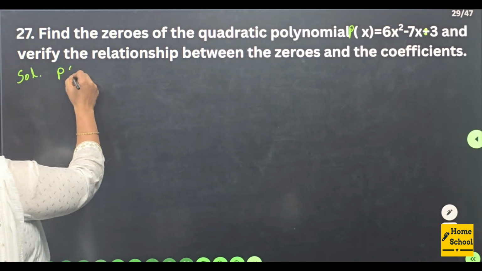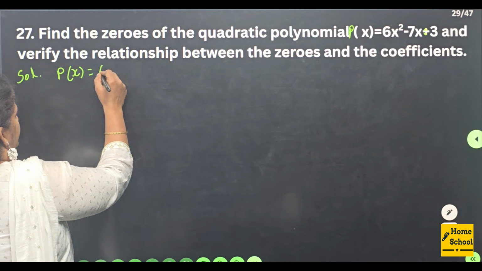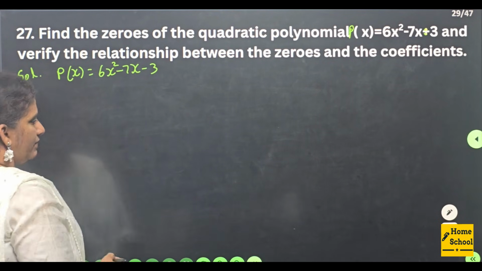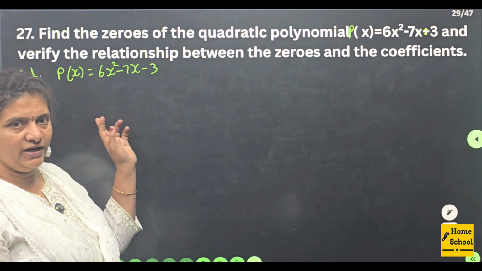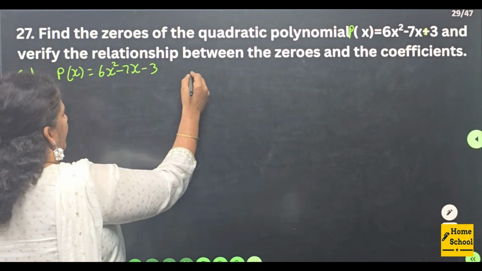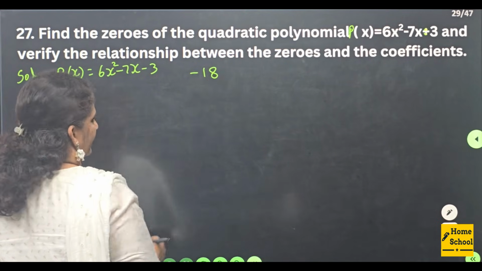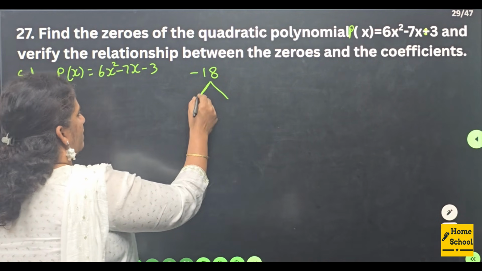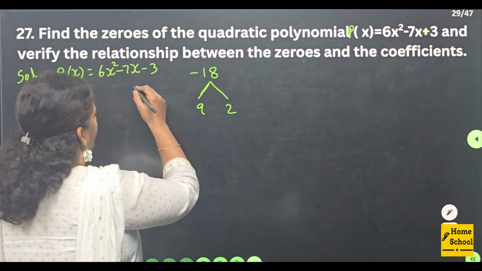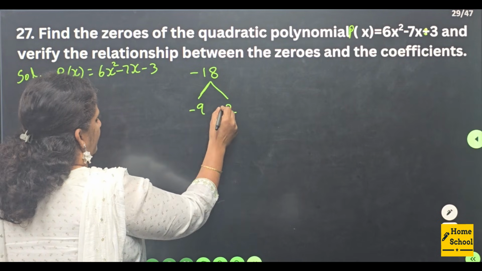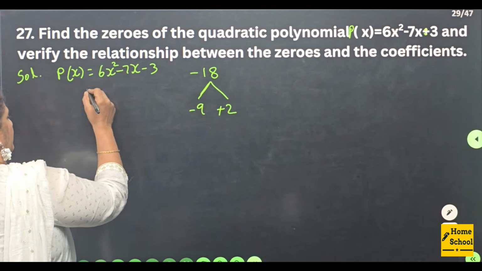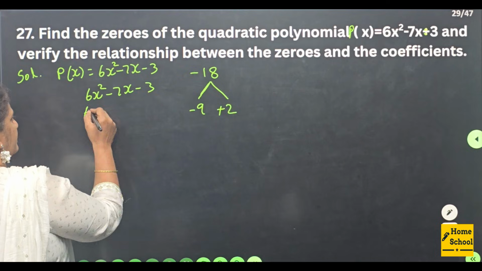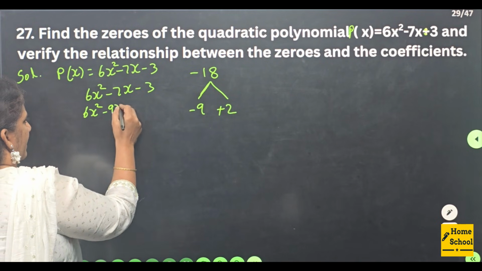Solution. Consider the given polynomial p of x is equal to 6x square minus 7x minus 3. In order to find zeros, we need to factorize. 6 into minus 3 will be minus 18. Find factors in order to get minus 7. 9 2s are 18. How do we get minus 7? Minus 9 plus 2. Take once again this polynomial. Now write it. 6x square minus 9x